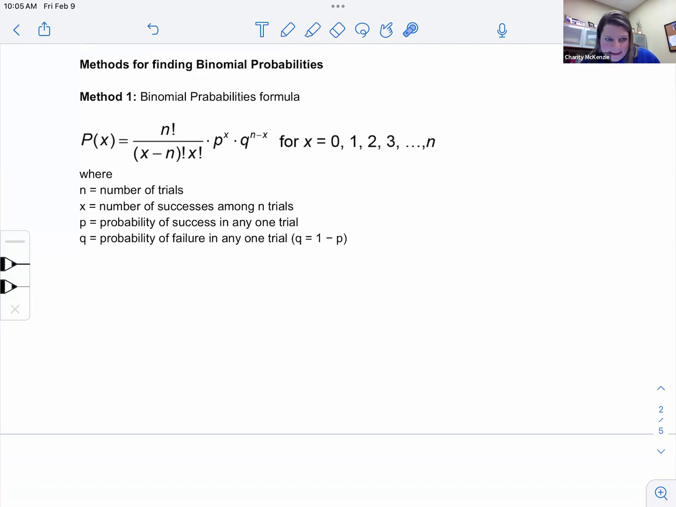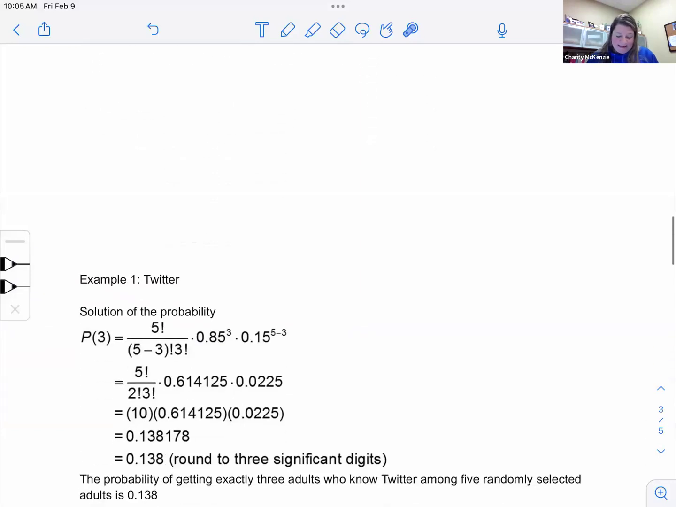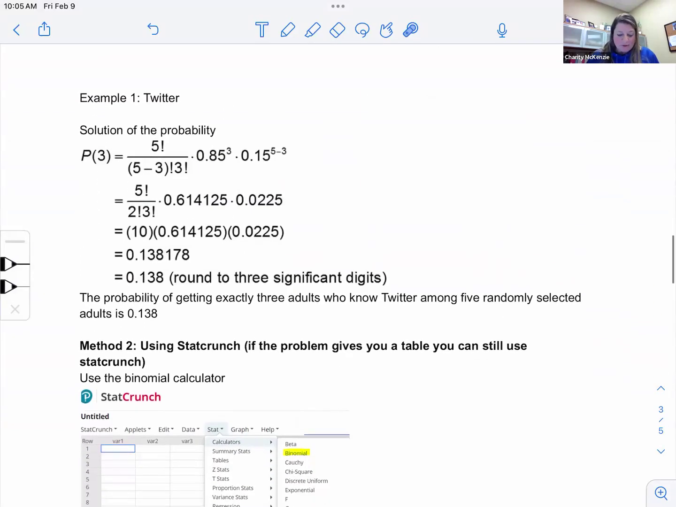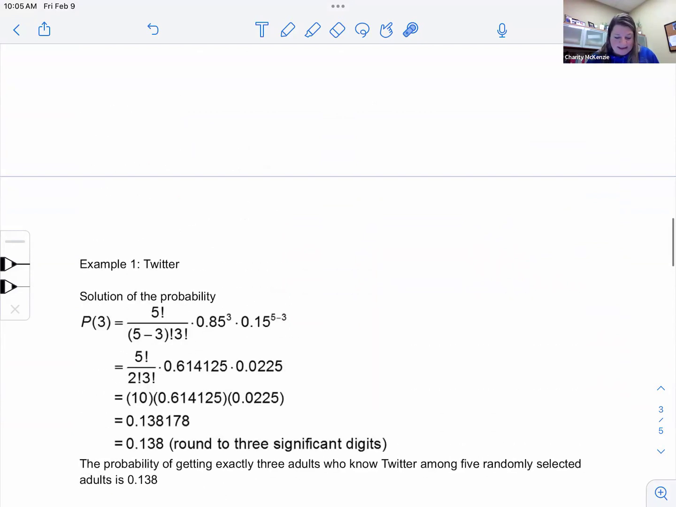Check out my formula. Again, we have our variables here, and it's saying n factorial. Remember that's counting down, right? So if you have 5 trials, it will be 5 times 4 times 3 times 2 times 1, and so forth. So this is the formula for finding a probability of a binomial. And here it is for Twitter, right? So 5 factorial was our number. We wanted to know for 3, so we would put 5 minus 3 times the 3 factorial,